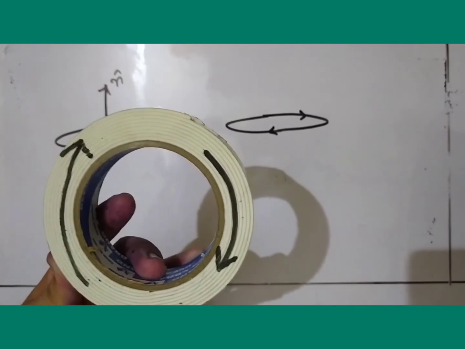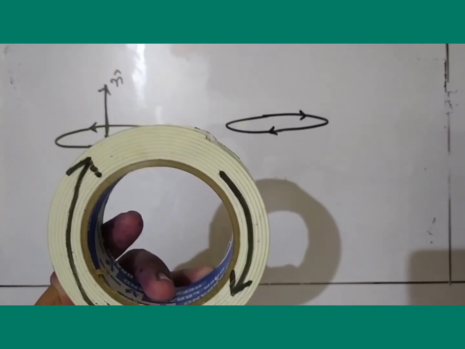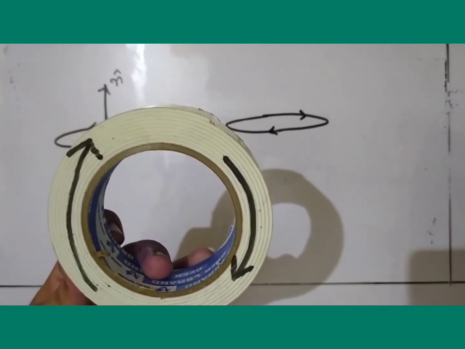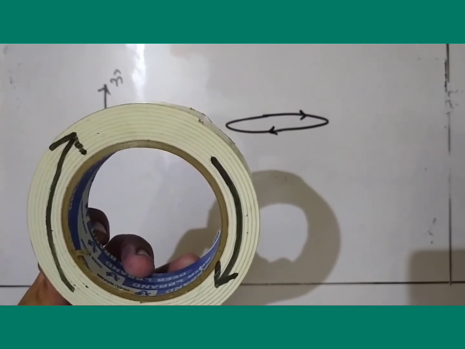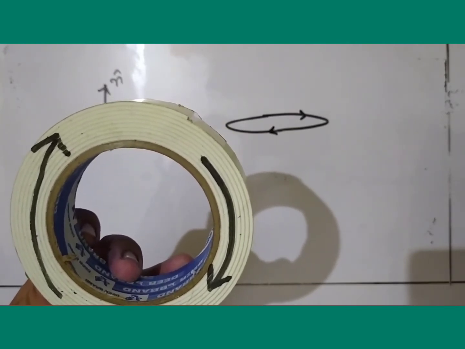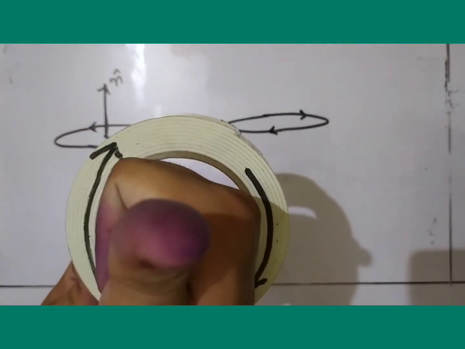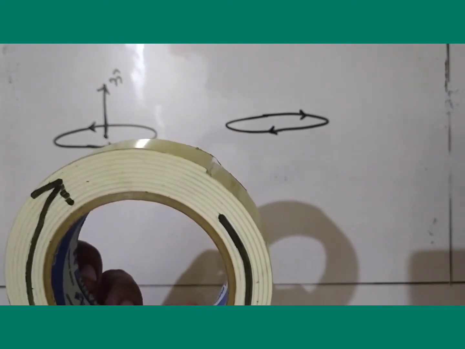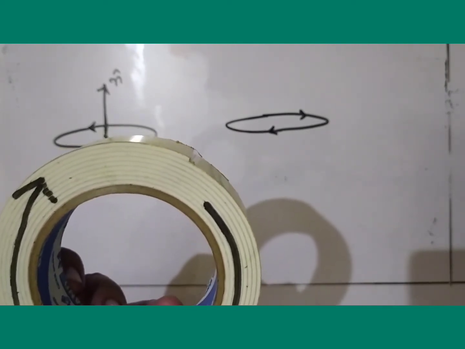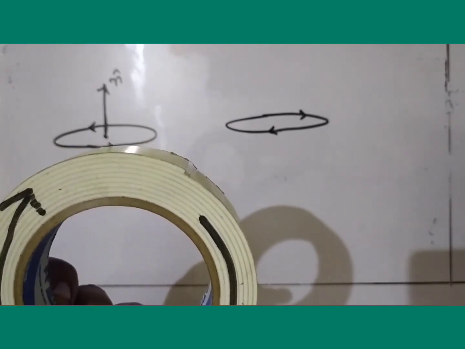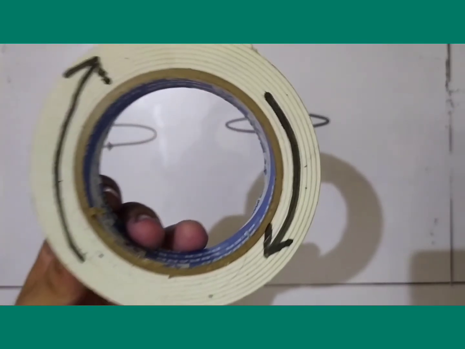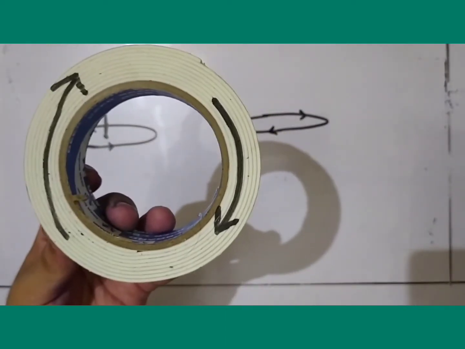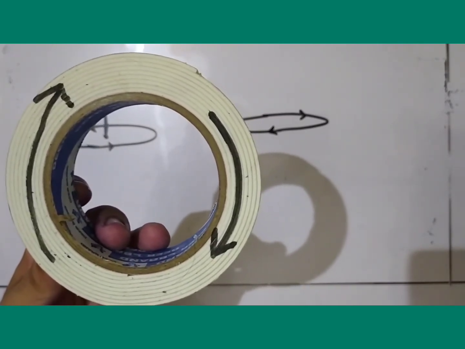To determine the direction of the magnetic moment and the area vector: the area vector's direction is obviously perpendicular, but in which direction do we take it? Perpendicular can be up or down, so to determine this we will use the right hand thumb rule. So the direction of the magnetic moment can be determined by using the right hand thumb rule, and for this we will curl the fingers of the right hand along the direction of the electric current, and the direction of the thumb will represent the direction of the